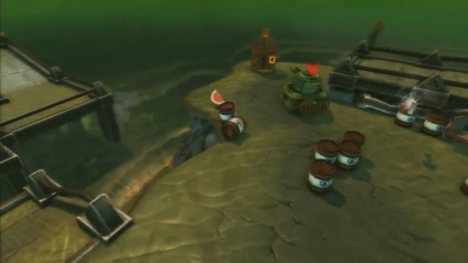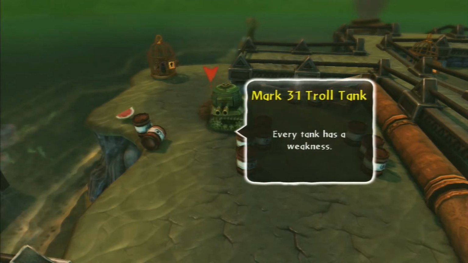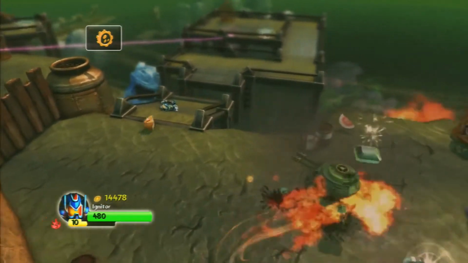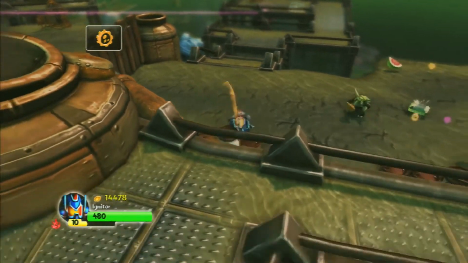The last bad guy of this chapter, it's the ultimate Mark 31 Troll Tank. Every tank has a weakness indeed, because this guy is pretty cool blasting you, but he has a very big weak spot, and then he just bursts out into a little troll who must have been